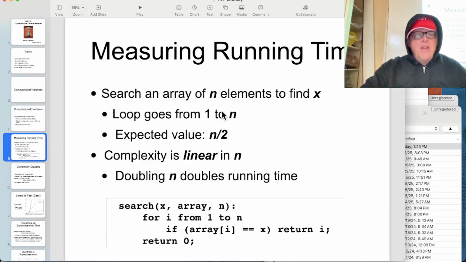So you can measure the running time. For example, if you're searching through an array to find a number and this array is not sorted, then you just have to look at every item until you find it. If you do find it, you'd expect to look through about half of them. If you don't find it, you have to look through all n of them. So this grows linearly with the length of the list. If you double the size of the list, it'll take you twice as long to find it on average. So that's one way to measure running time.